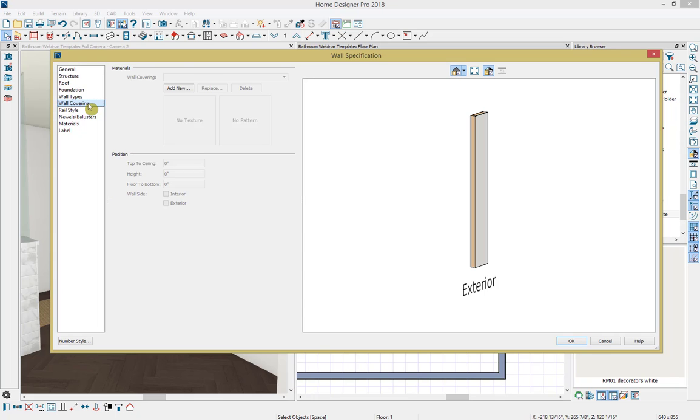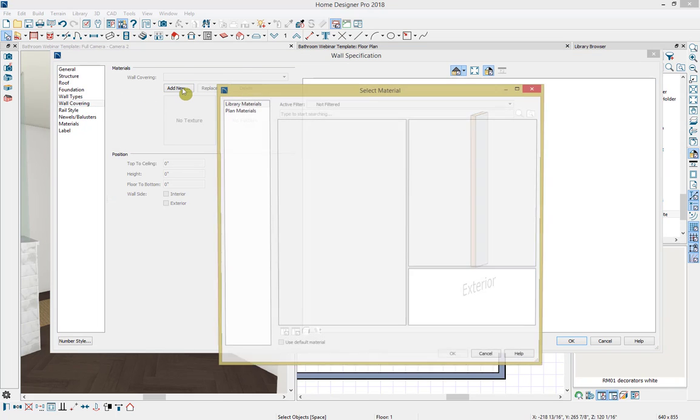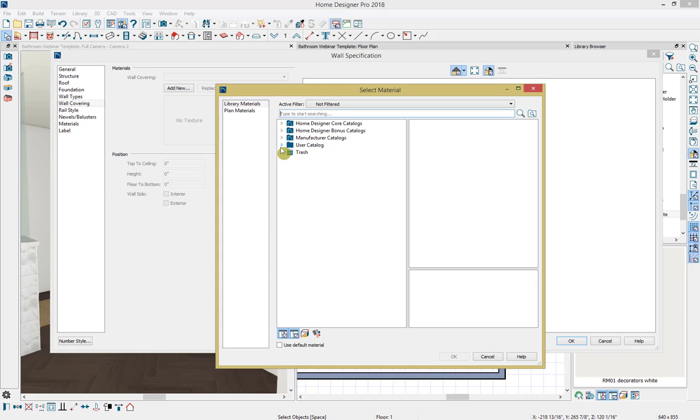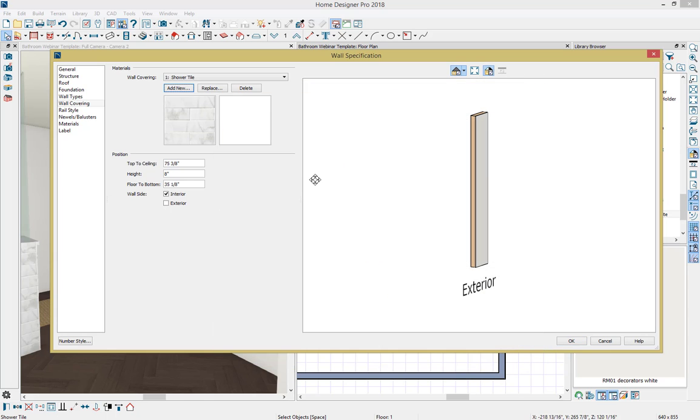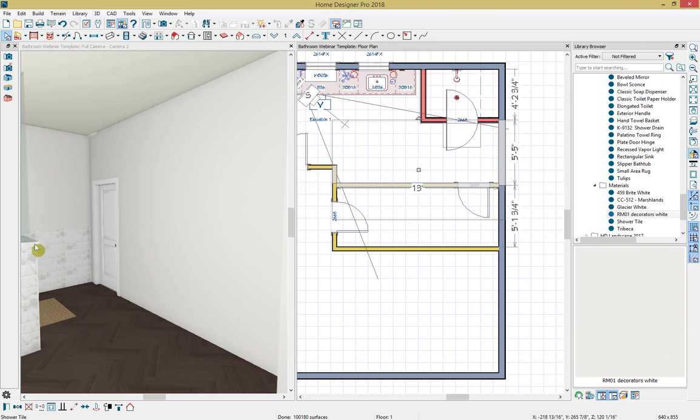panel. Under wall covering, I'll select add new, and I'll go to my user catalog and go to the Bathroom 2018, and I'll select the shower tile option, and I'll select OK, and then I'll change the floor to bottom to be 0, and I'll change the height of the wall covering to be 46 inches, and then I'll have the wall side set at interior. And when we select OK, we can see that the wall covering will place on this side wall right next